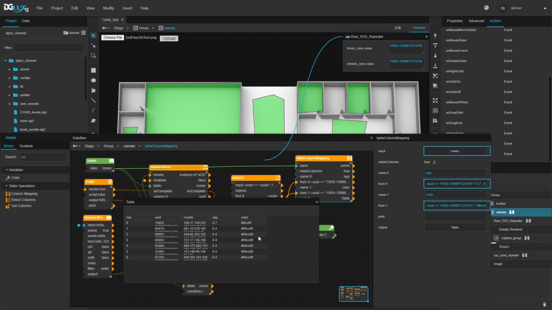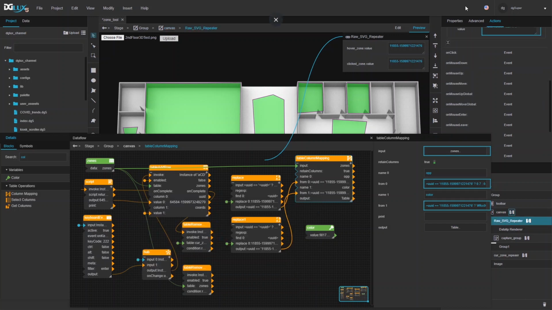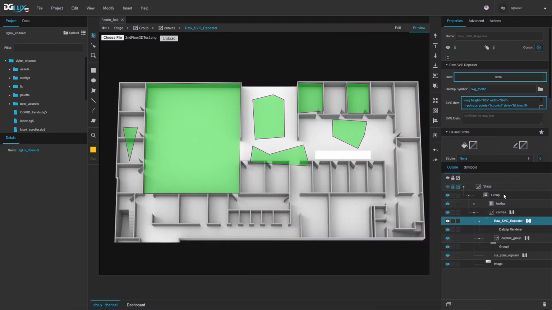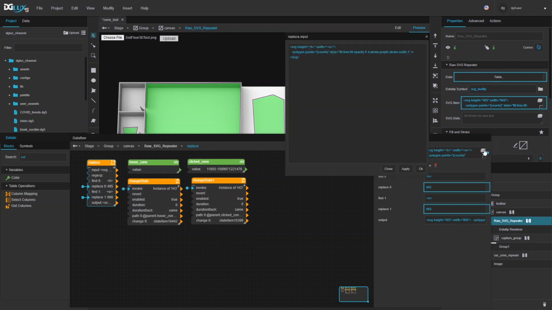So now we can use those in our SVG code. Before we do that, we need to make sure we actually bind this to our SVG repeater. Right now it's bound from the zones table, so bind from this column mapping block, which includes our new column. Okay, so now we're ready to go back to our SVG replace block that creates this SVG item that gets repeated. Go in here,